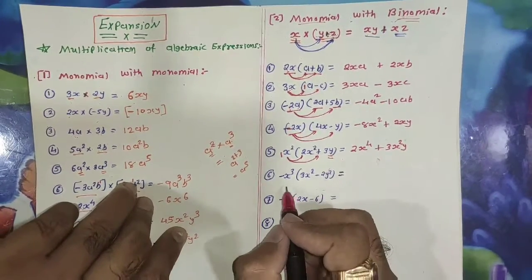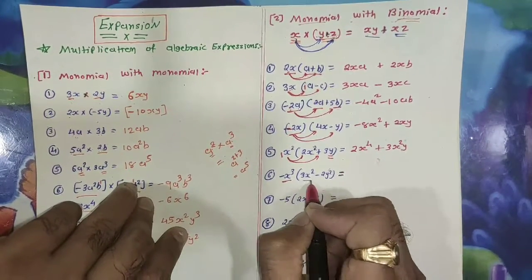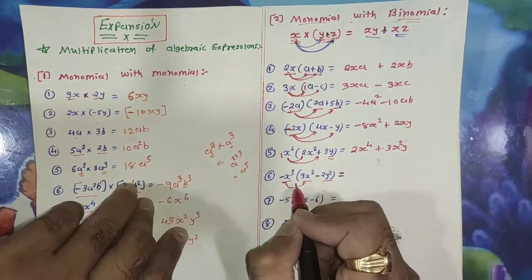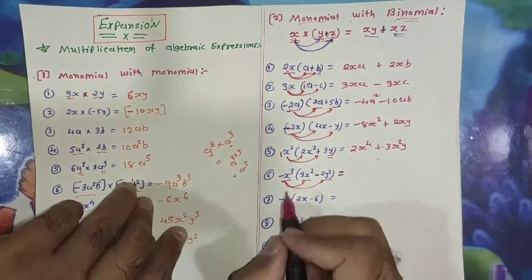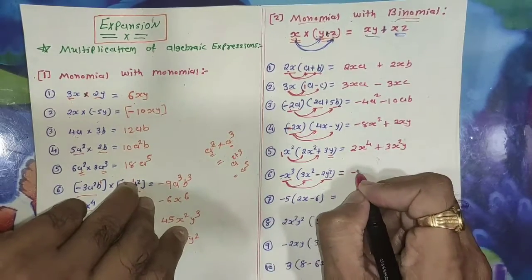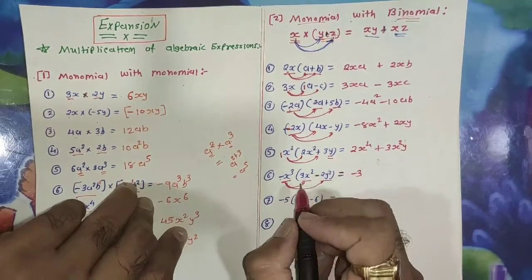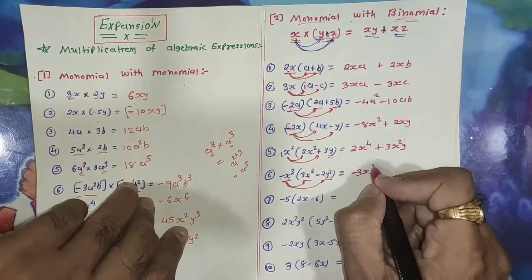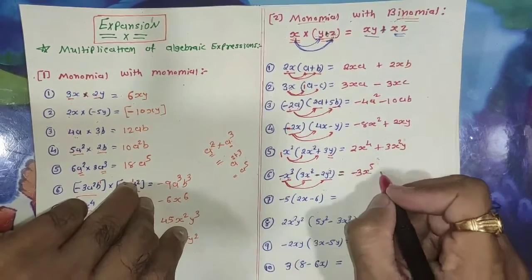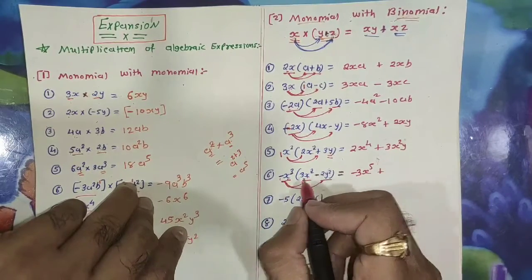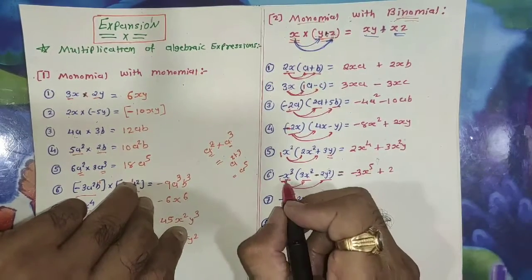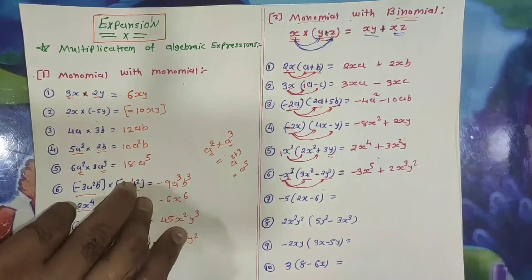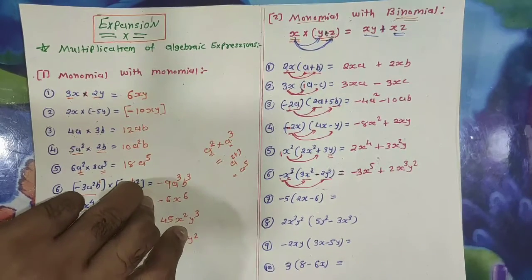Now for this case, again multiplication of monomial with binomial, two terms are there, minus sign is there. So first you have to multiply this monomial with the first term, then the second term. So minus 1 into 3, so it's minus 3, x cube into x square. Base equal, perform addition of power. So 3 plus 2 is 5, so it's x to the 5. Now again minus minus plus. Minus 1 into minus 2, so it's 2 x cube y square. Unlike terms are there, so keep them as it is.